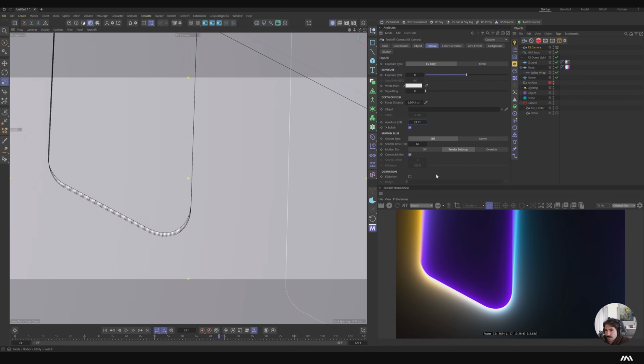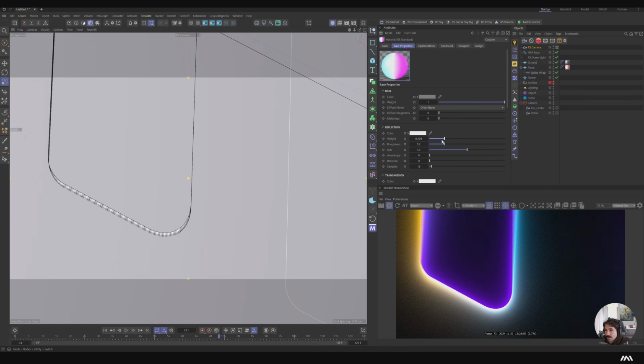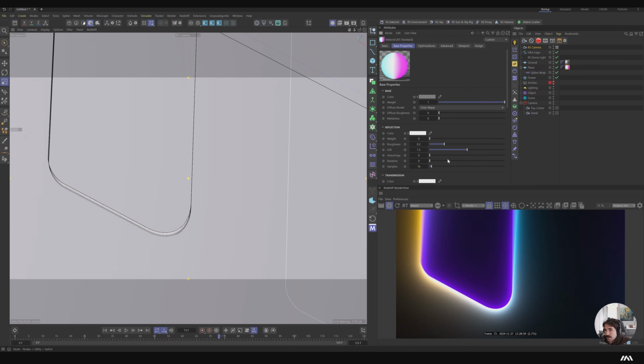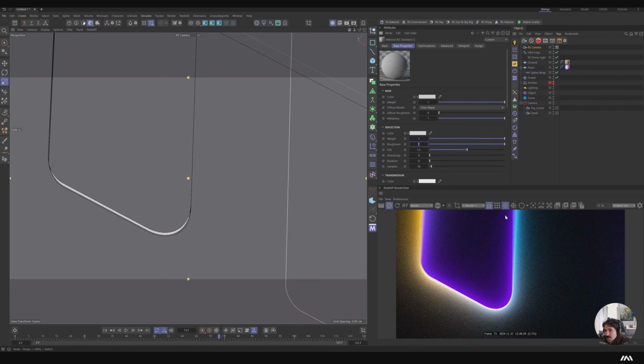Isn't that something? Now we can go into that material. Obviously, we have reflections here, but do we really need them? I don't know. And then because we use the emission, do we really need to see the base? I don't think so. And then within that ground, we can control how much the light will travel, how much we will see of that ground,